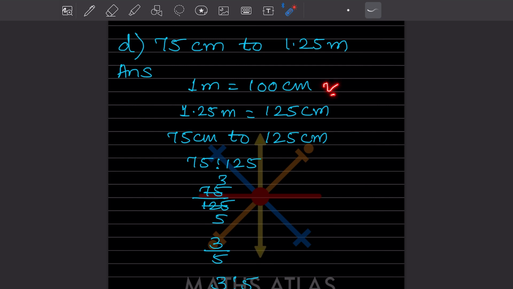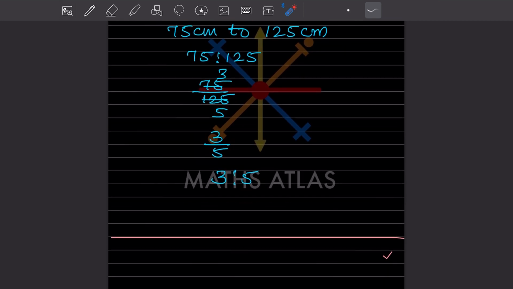That is, 1 meter is 100 centimeters. So 1.25 meter will be, when you multiply this, you get 125 centimeters. Now this will be as it is, and this is the conversion, that is 125 centimeters. So again you put a ratio sign, you divide it, simplify this. So 25 threes are 75 and 25 fives are 125, that is 3 by 5, which is 3:5. So by this way,